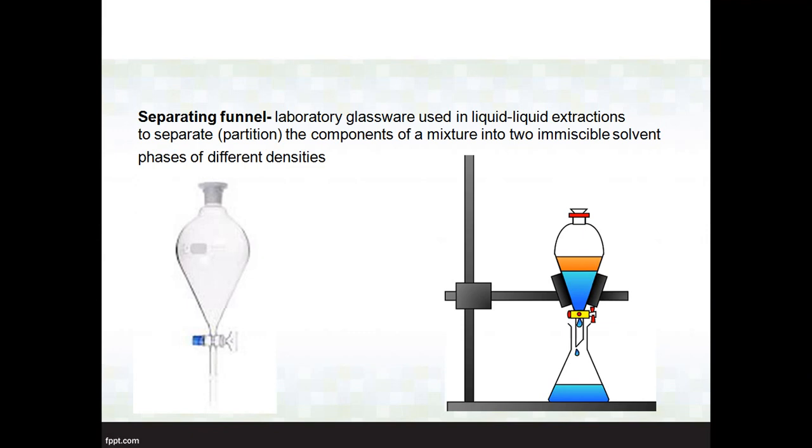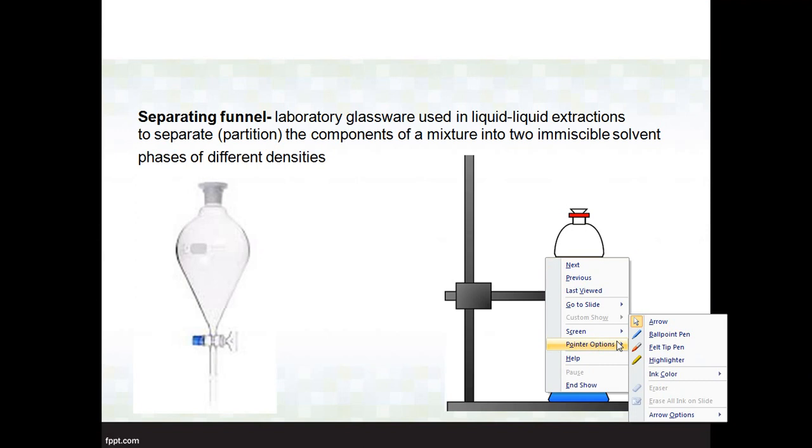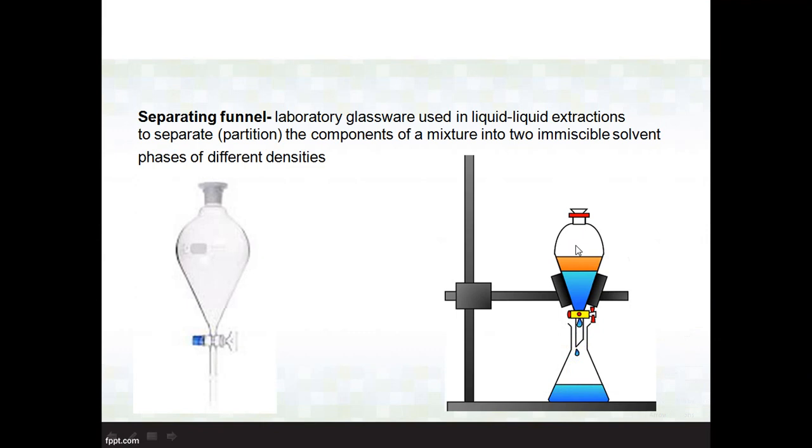You can see in the diagram that if the two immiscible solvents have different densities, they will form layers. Okay, here you can see the two layers. So these are the layers of two immiscible solvents. So similarly, we are going to partition our drug between the octanol and water layer.